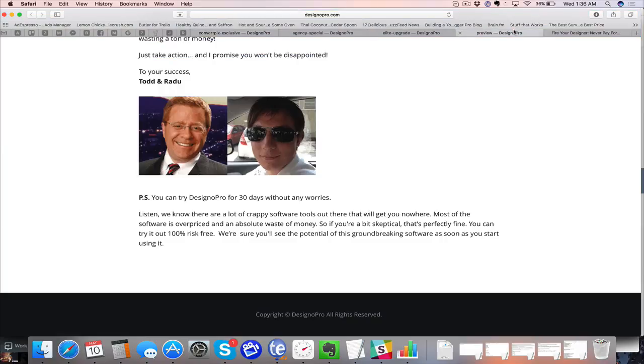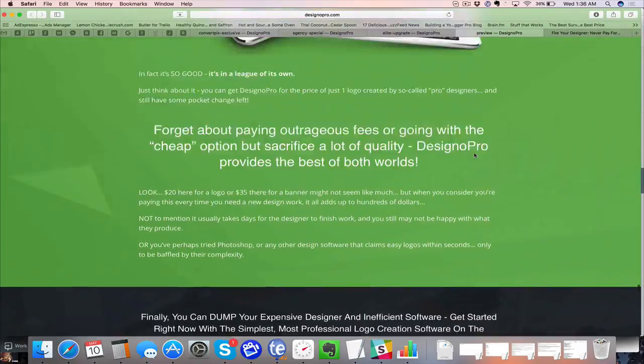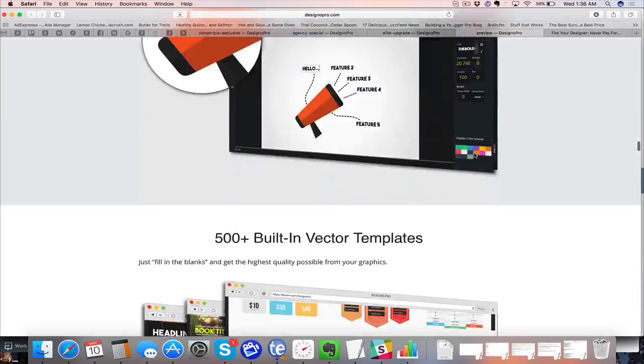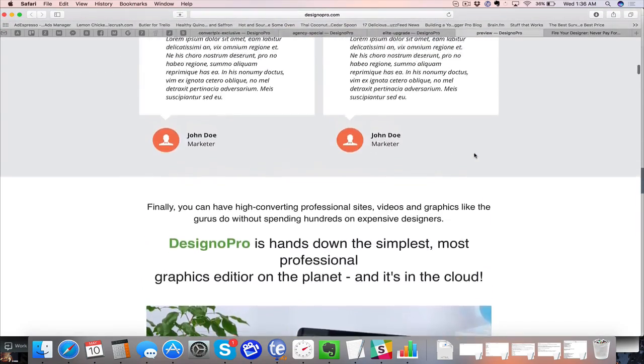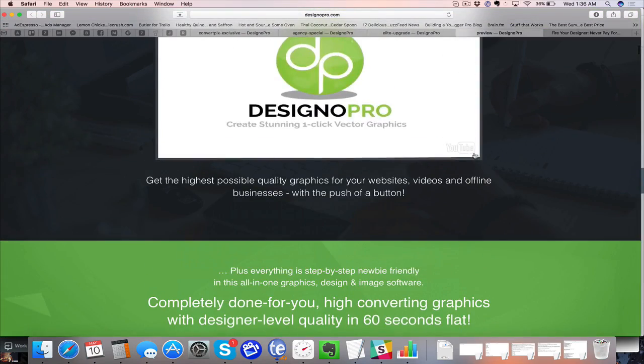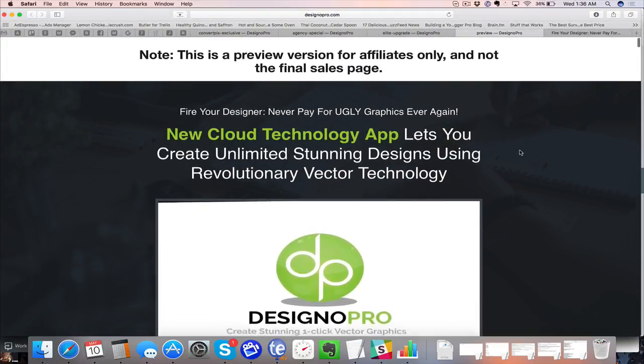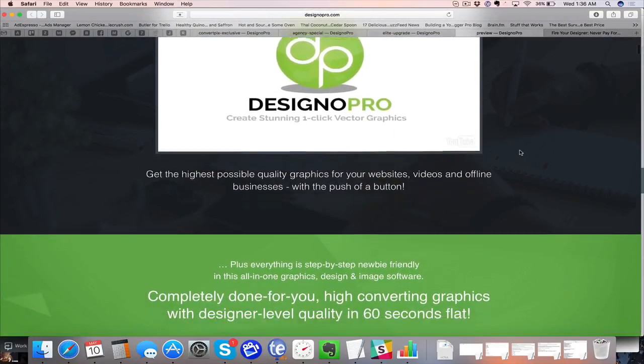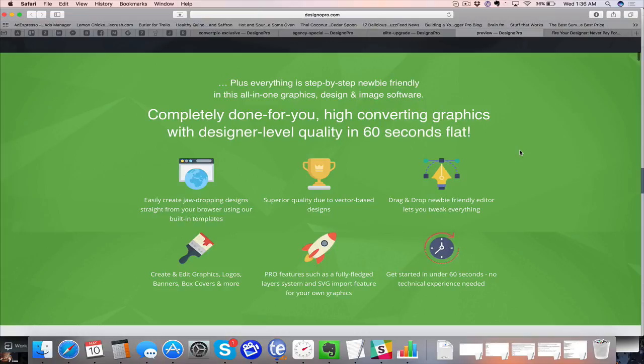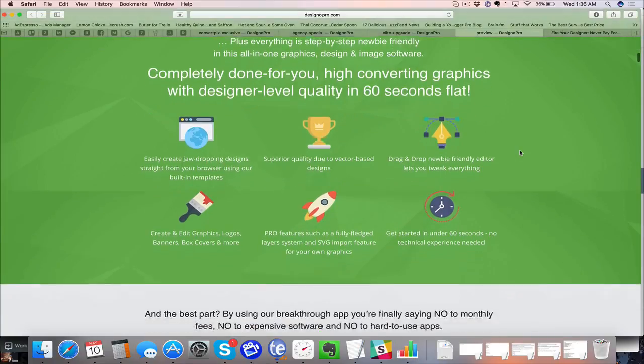So what do I like about this and what don't I like about this? Well, if I had to say something that I don't like about it, I wish the developer license was included on the front end offer, but you guys know how this works. It's an upgrade for you there. So it's going to be one of those things that you do have to upgrade to get that.